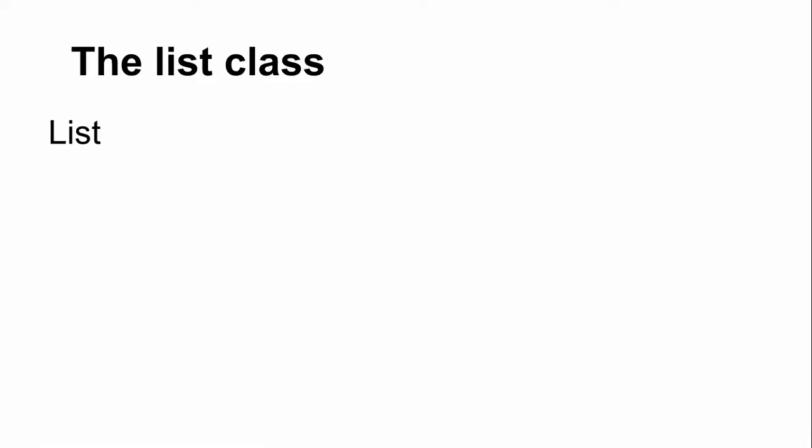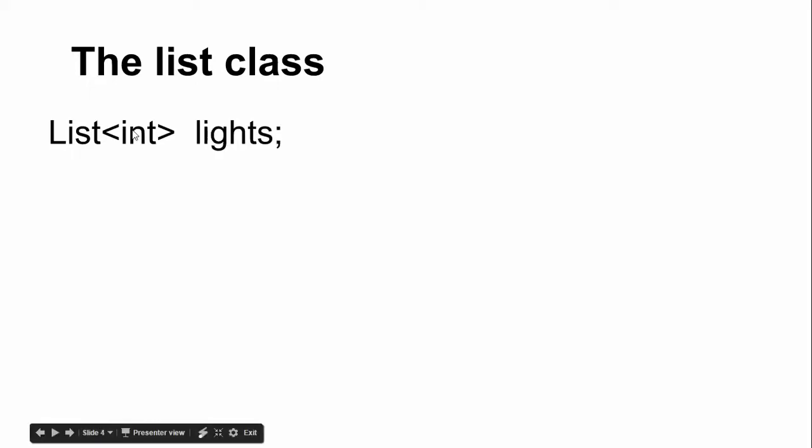And this is where the templates come in. You're going to see something like this. You're going to see a type in between a greater than sign and a less than sign. So kind of sandwiched in between the two symbols like that, you're going to have the type of thing that you want to create. So we're saying that we are declaring a list of integers, and let's call it lights,